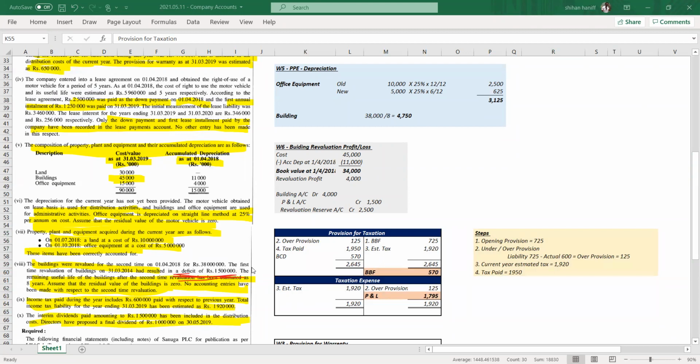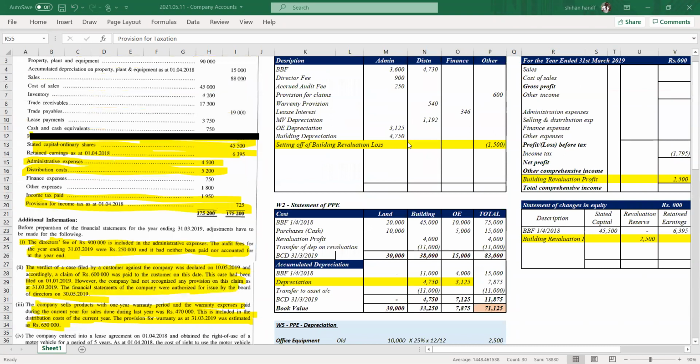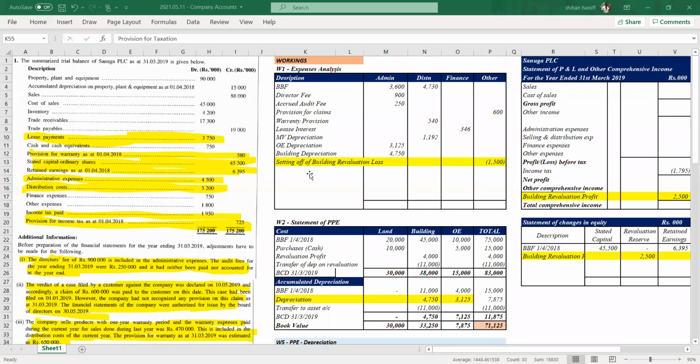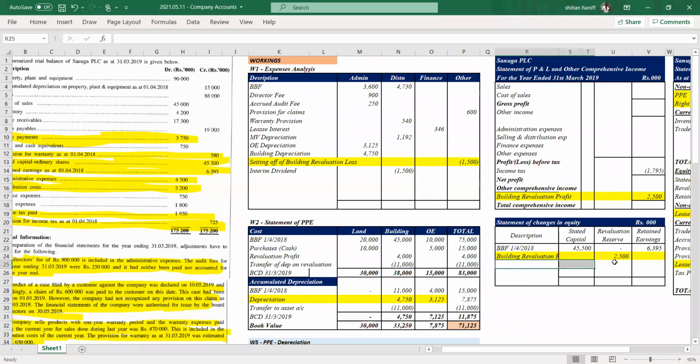So that is in the distribution cost. So in distribution, we have to deduct the interim dividend, minus 1,500 from the distribution, and it has to be taken to the changes in equity